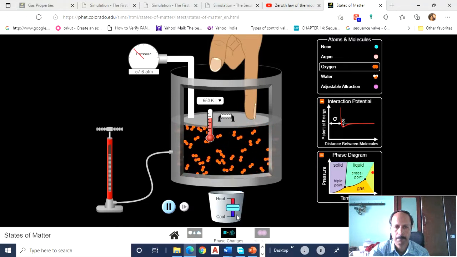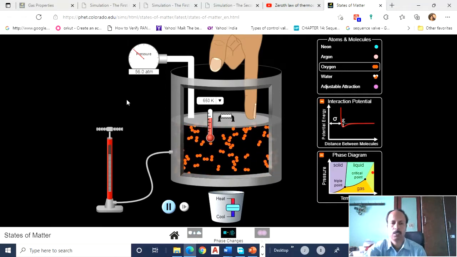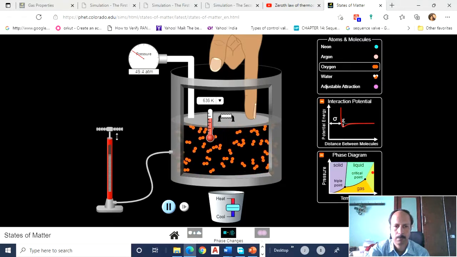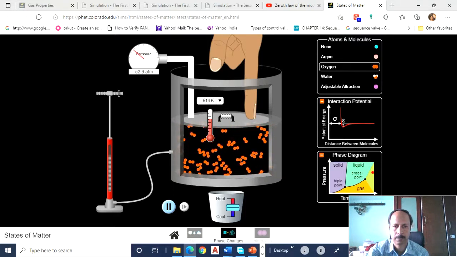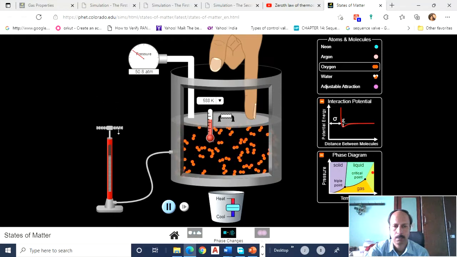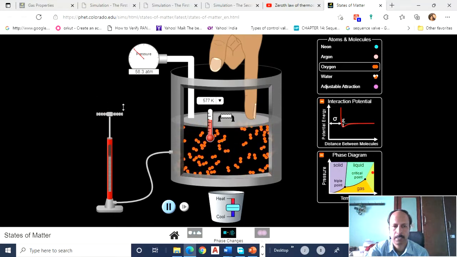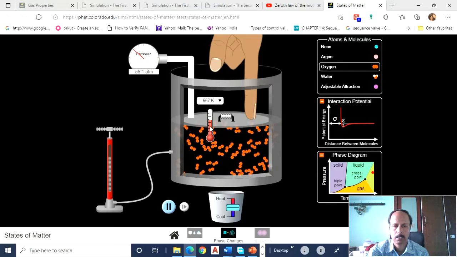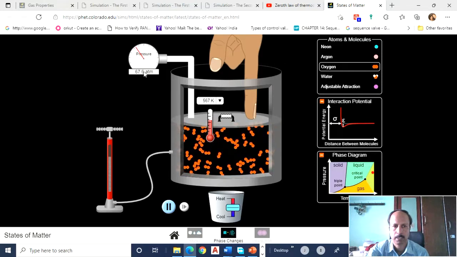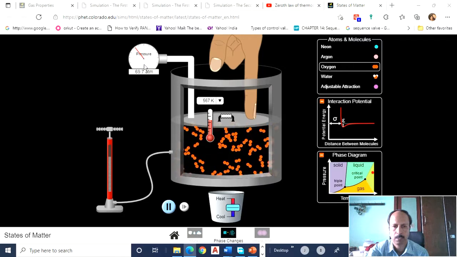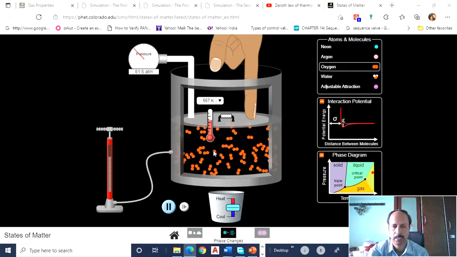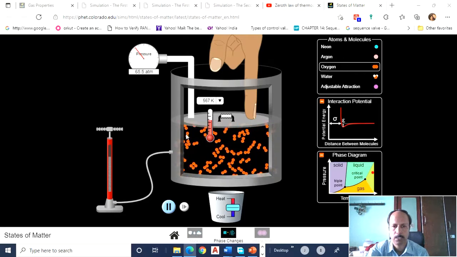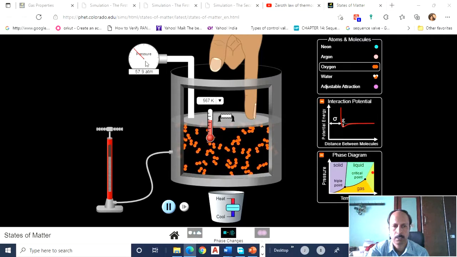Okay, next. Now if I put some extra air into the system, what is going to happen? Let us see. Now I am putting extra air inside. The temperature gauge is showing a slow drop in temperature and the pressure gauge is showing an increase in pressure. This is because I am putting cold air inside, hence the temperature of the system is decreasing. Since I am putting more air inside, the pressure gauge is showing more pressure.